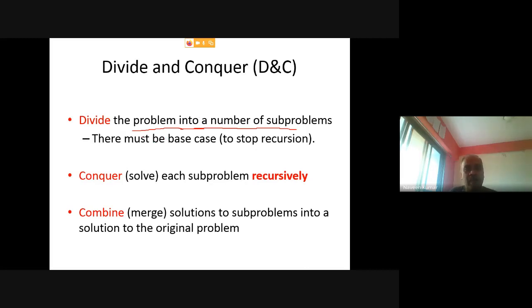If you are dividing a problem into sub problems, each sub problem will again be a similar kind of problem. For example, initially the problem was to sort the given elements. Let us say the array contains 1000 elements, and you divide it into 4 equal parts. So one sub problem now contains 250 elements.